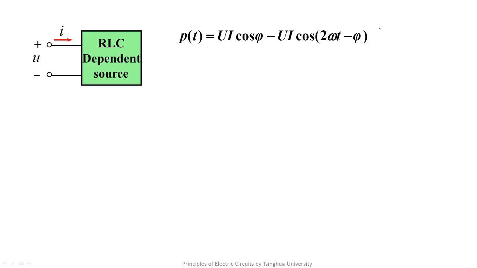We have presented the expression of absorbed instantaneous power of a general one-port network. We call it the first expression. Based on this, we can conduct further derivation by using trigonometric equivalent transform. That is, so the above item can be written as